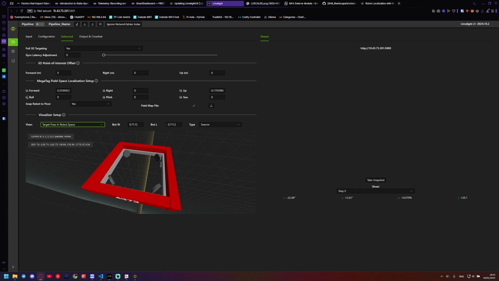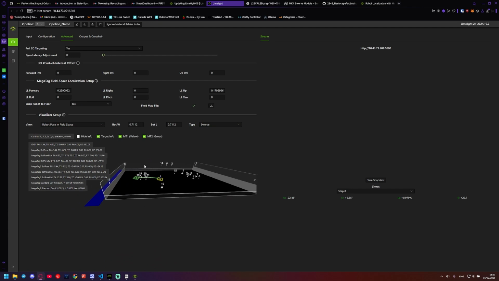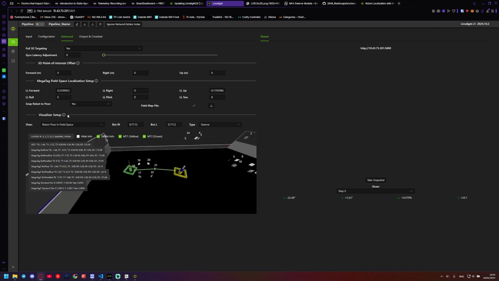That's in meters, and this actually needs to be 0, but this is in degrees. It specifies everything over here, meters and degrees. After you're done with this, specify your robot length, width, and type, which is actually just for visualization. But after that, you can point your Limelight at an AprilTag, and it'll start showing you something,